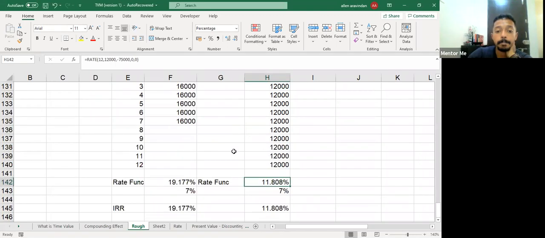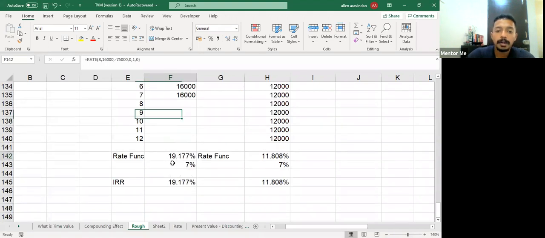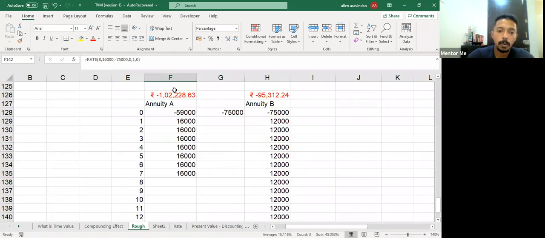Now, there is a third way of doing it also. Is to say that screw everything, let's find the present value of the future cash flows. Right? Wherever the present value is higher, we will take that investment. That can also be done, right? Let me not calculate returns. I don't want to calculate returns. Let's do one thing. Let's find the present value.